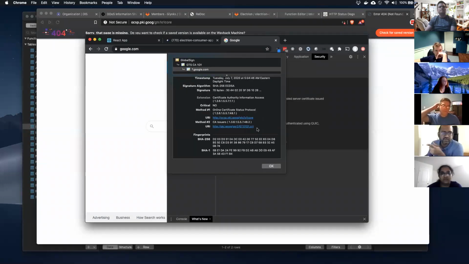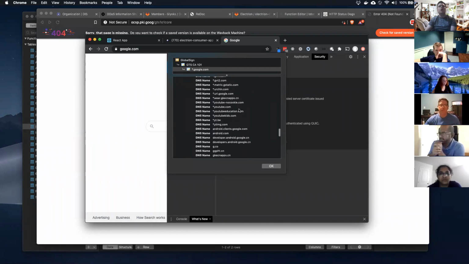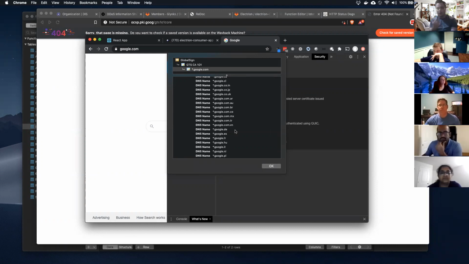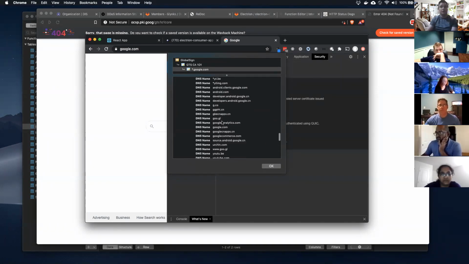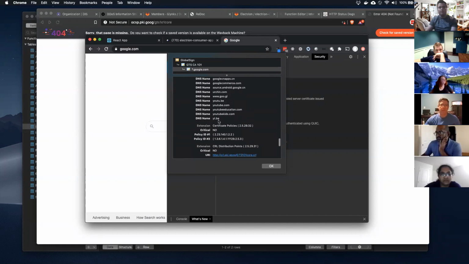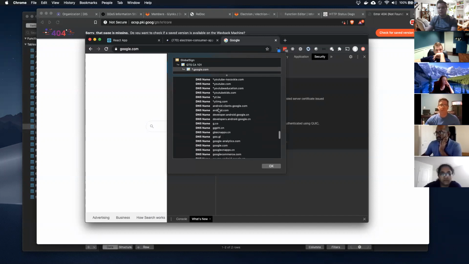The list of DNS names is based on your cache memory, or is that default for everybody? When you scroll down in the DNS names, you see all the websites, right? Google and all the stuff. So all of these DNS names are just based on what Google has signed its certificate for. So this certificate is good for all star.google, all Google subdomains. So Gmail, or Mail, it's also good for YouTube, right? And all of these different things, YouTube Kids, YouTube Education, all of these.